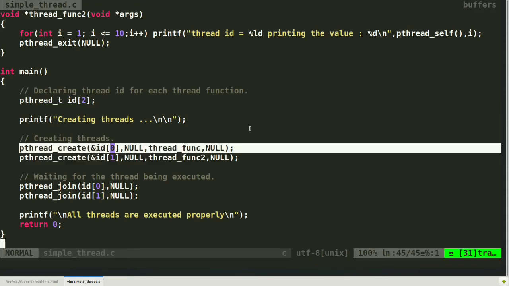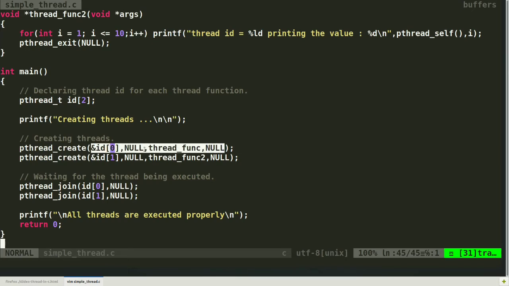For creating a thread, we give four values in this function. The first value is the address of the thread ID. The second value is the attributes. I'll show you what attributes are and how to handle them, but for now if we give it NULL, it will consider all default attributes. In the third argument we give the thread function, the function which is going to be executed by this thread. For the last argument we give NULL, or we may give some value here, which becomes the argument for this function. We provide NULL here because we don't give any arguments.